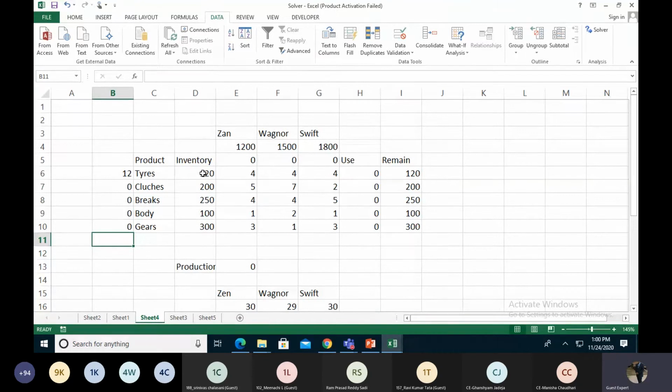That is when we start our projects. So with this inventory we start our organization. I already have 120 and we have to purchase 12 new tires, so we should add that to the 120. We are also adding it within the formula as well.